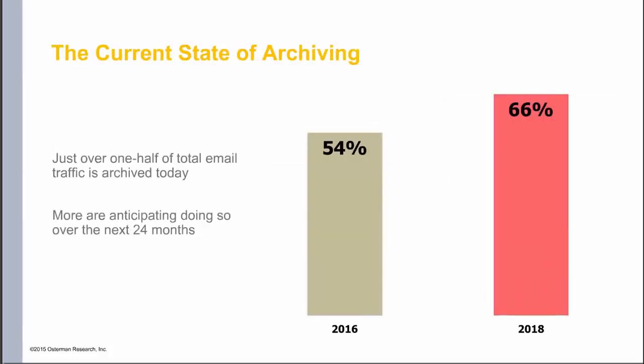So in terms of the current state of archiving, what we found is that today just over half of total email traffic is archived, and that's going to increase fairly substantially over the next 24 months. These numbers should be at 100%. Organizations should be archiving their business records in email. Many today are not. We find a lot of organizations that have maybe 30 or 60 or 90-day purge cycles, and they're just not archiving their content, and that puts them at fairly serious risk. They should be archiving the appropriate business records in email and other sources, and many are not.